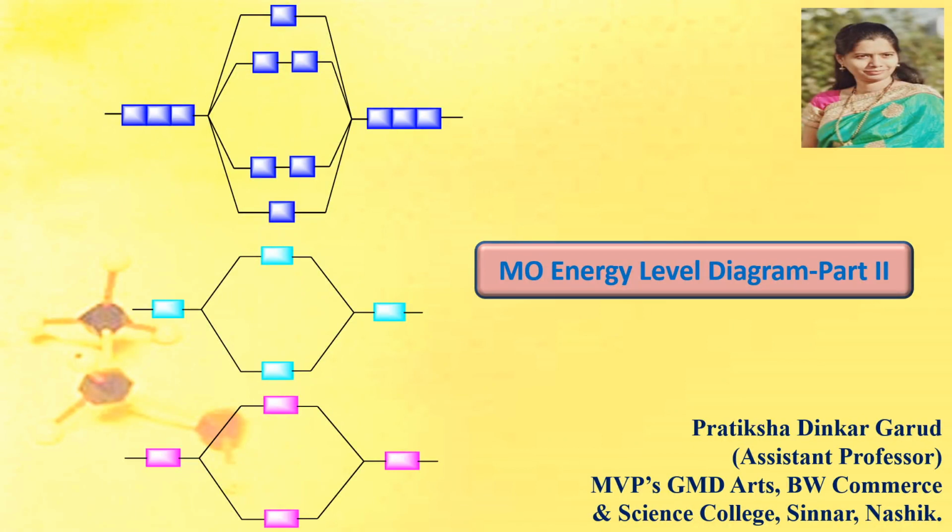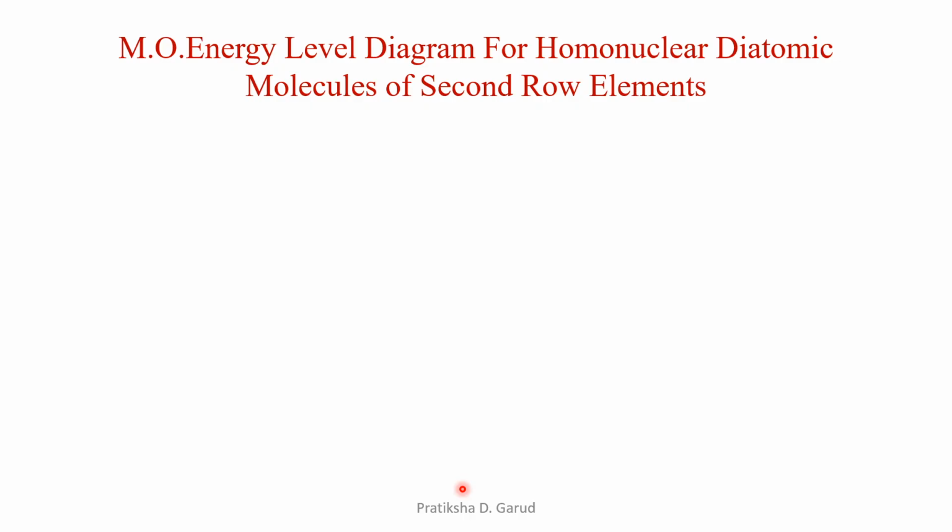In earlier videos we have seen the MO energy level diagram for the homonuclear diatomic molecules of first row elements. In this video we have to study the MO energy level diagram for the second row elements. So let's start with that. First of all we have the MO energy level diagram for homonuclear diatomic molecules of the second row